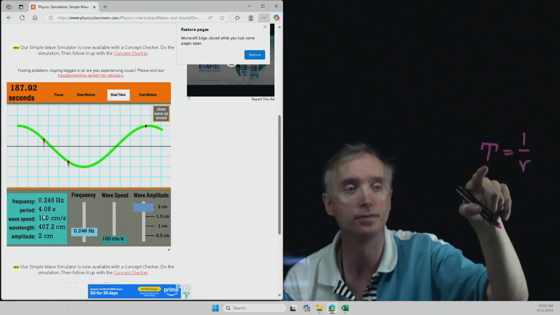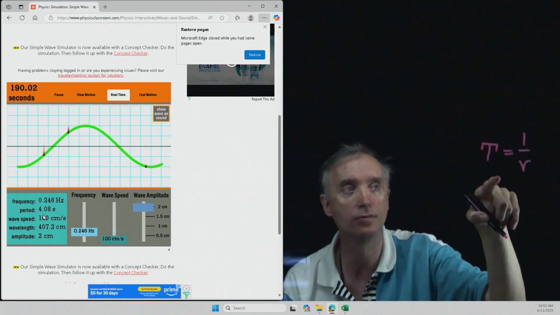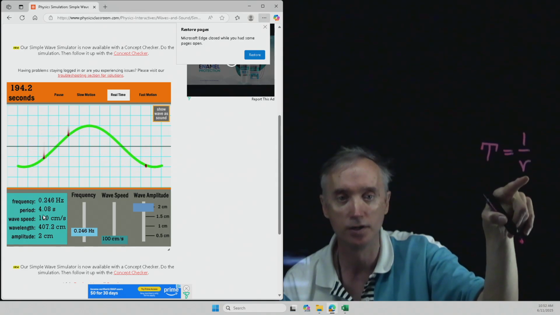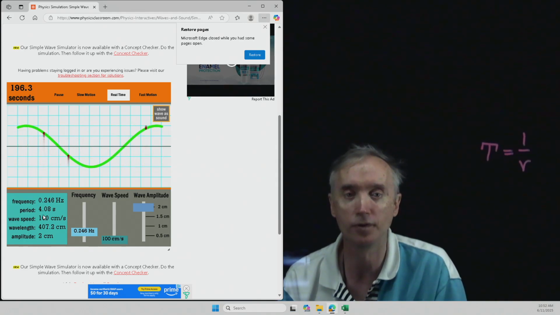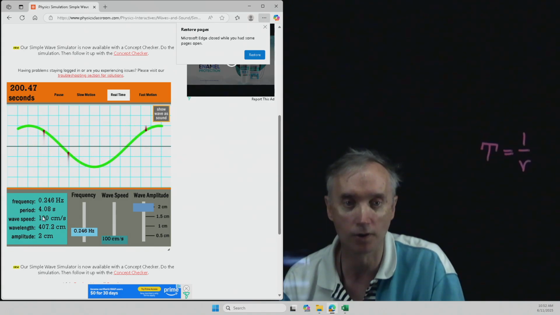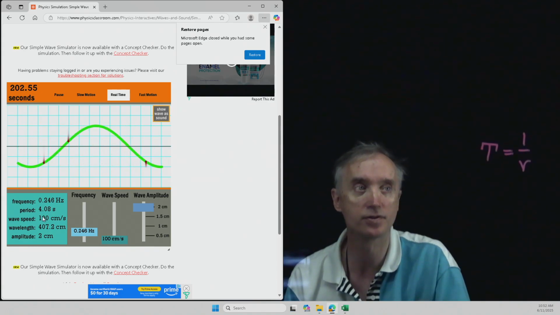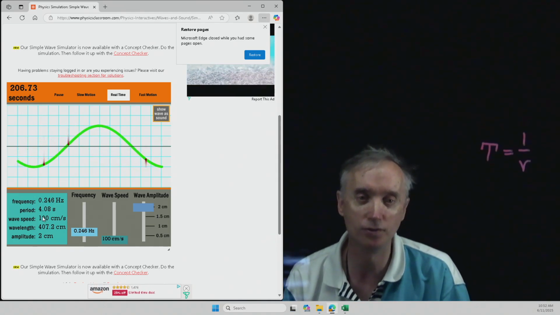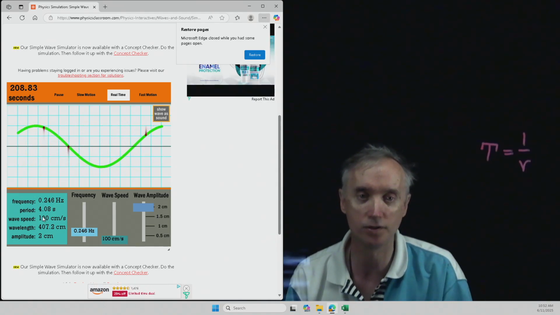And this is how the period of a wave is related to its frequency. So you should notice that while the frequency is small, the period is large. That's a direct relationship from this thing here. Now we're not really going to do much with the period, but I just want you to be aware of